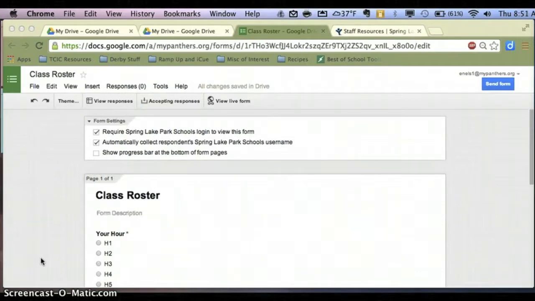I think the easiest way to collect this information is just to create a Google form and give it to your students. One thing to notice is that in Spring Lake Park we are able to automatically collect our Spring Lake Park school's username. Be sure to click this when you're creating your form because that will automatically collect the student's email address. It won't require them to type it in correctly, and that's going to save you some trouble